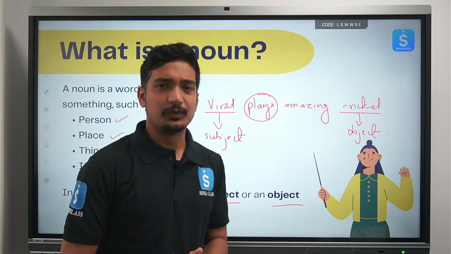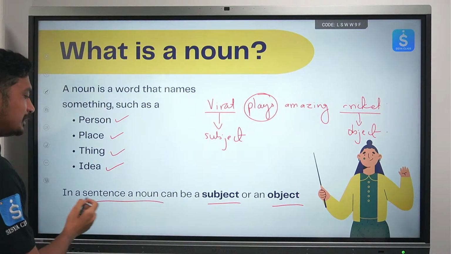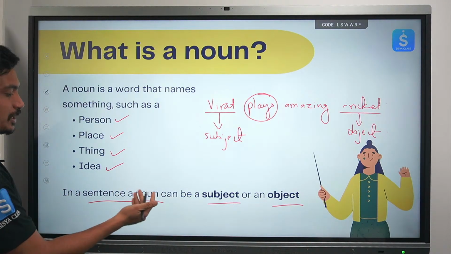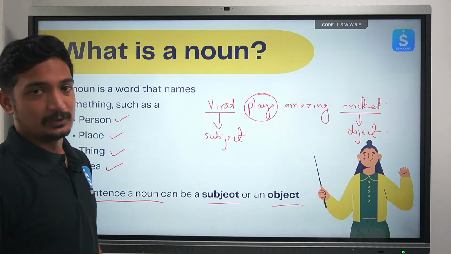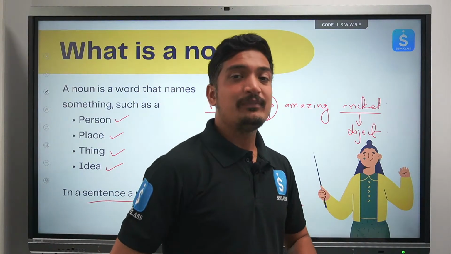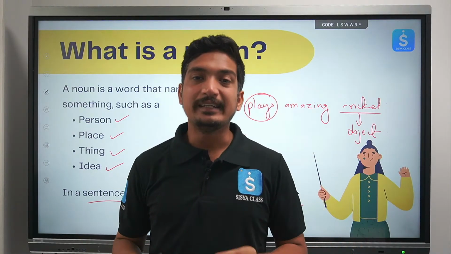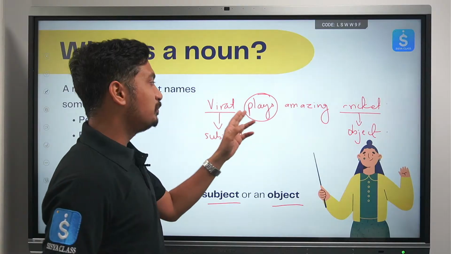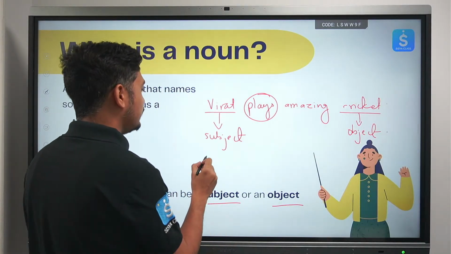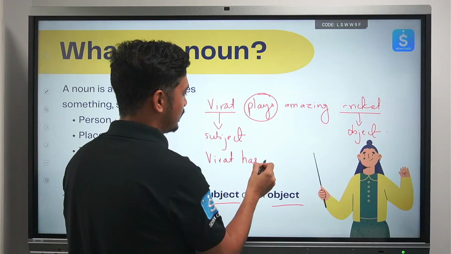I believe this is clear to all of you, right? Okay, so that's what the sentence says, that in a sentence a noun can be either a subject or an object. Apart from that, we have other types of words which can replace a noun, and these words are called pronouns. For example, I say Virat plays amazing cricket, and then I say Virat has a great